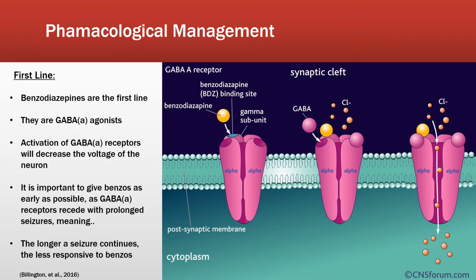Now, remember that the longer a seizure continues, the more of these GABA receptors retreat back within the neuron, providing less targets for our benzos to hit. So that's where it becomes pretty clear that we need to intervene as early as possible. And that's why we would administer our benzo agent as part of our initial stabilisation process. Once the bulk of these receptors has retreated into the neuron, we'll find we need much higher doses of benzo to flood the remaining receptors, or we need to switch to a second line agent to target other receptors and come at the problem from another angle.